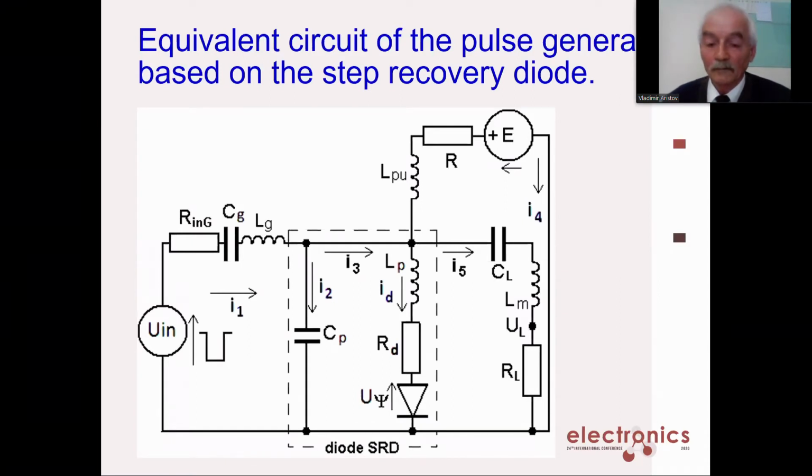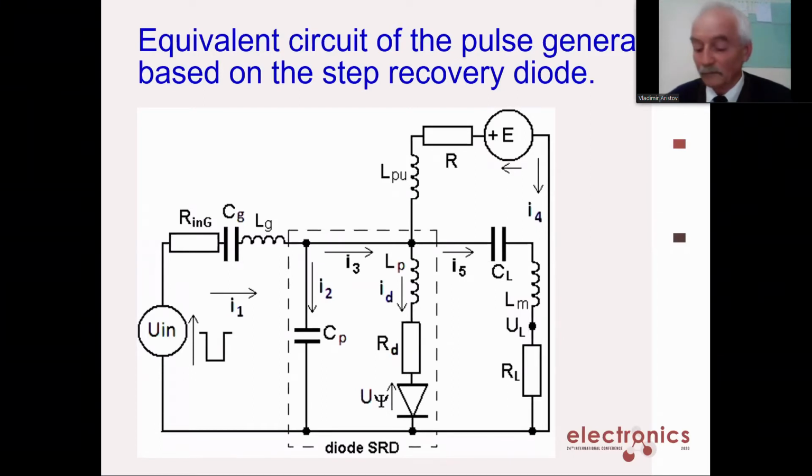Therefore, the circuit in the previous slide is incomplete. The presence of parasitic inductances and capacitors must be taken into account. These include the parasitic elements of mounting the circuit and the diode itself. For a diode, this is the package inductance and the package capacitance. The diode itself is represented in the form of a contact potential of 0.6-0.9 volts and a dynamic resistance.